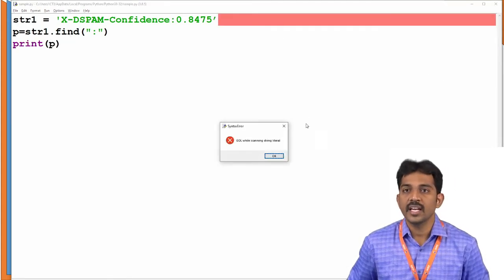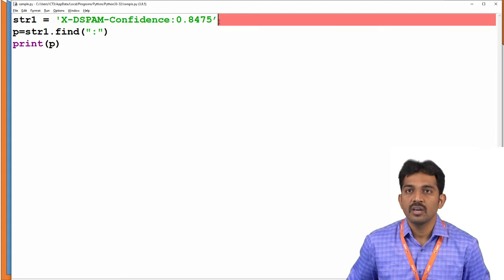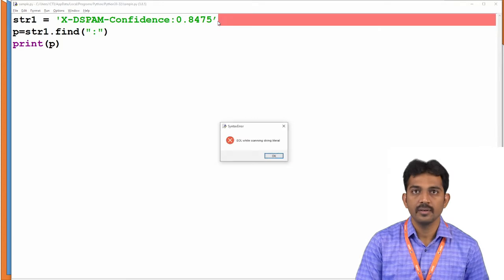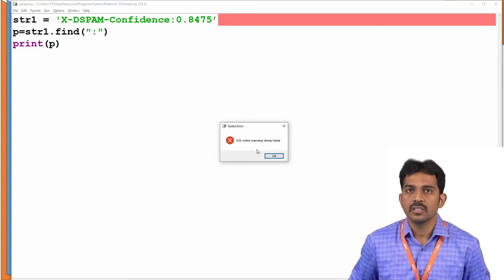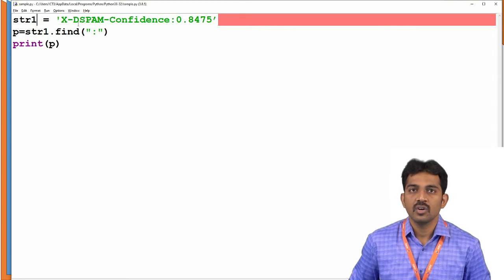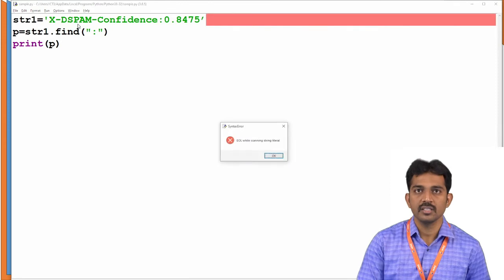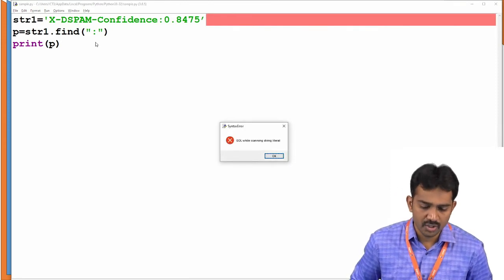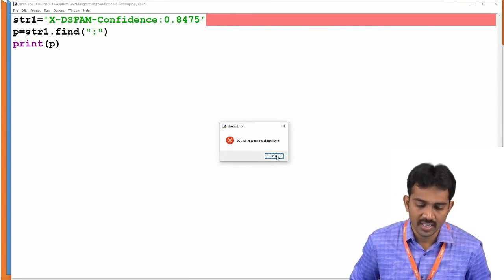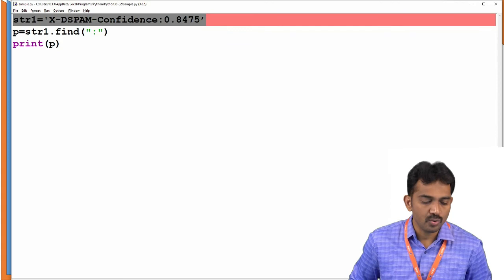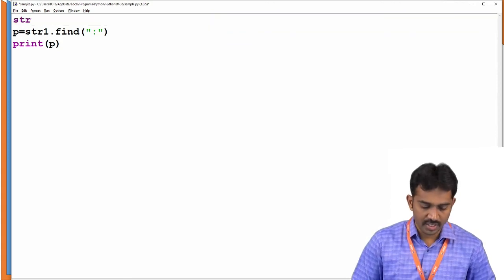After that, just try to print the position of the colon. Yeah, it returned an error. What is the mistake I have done here? Unnecessarily I used spaces, so don't use any spaces. And it's still showing an error while using it literally. So instead of that,